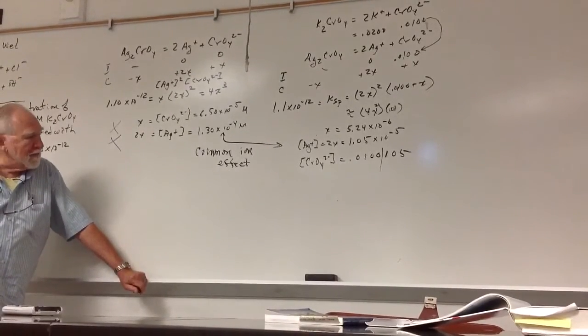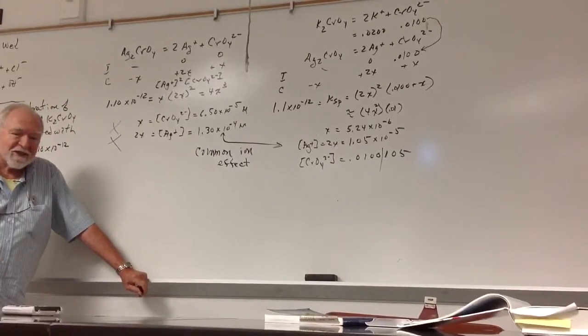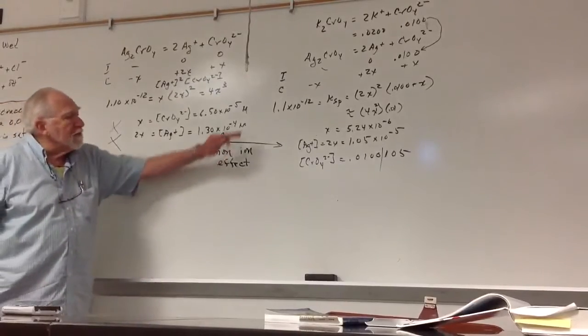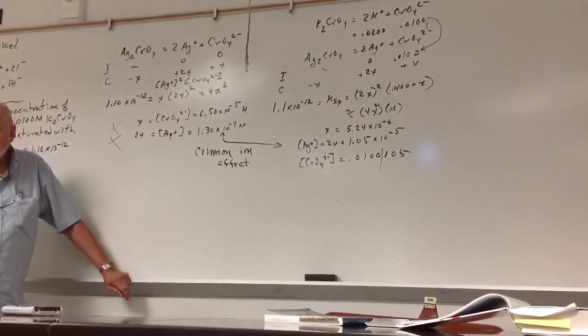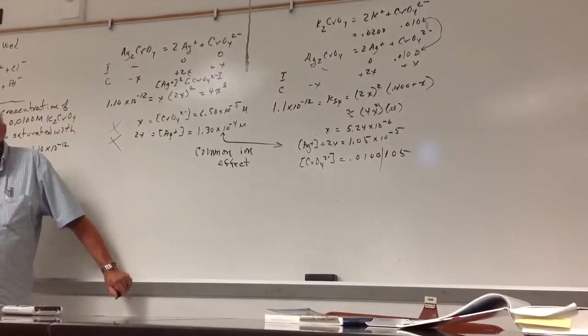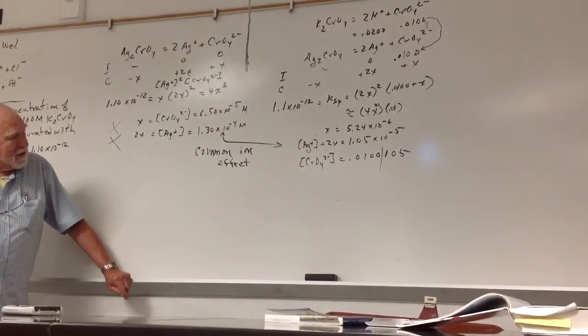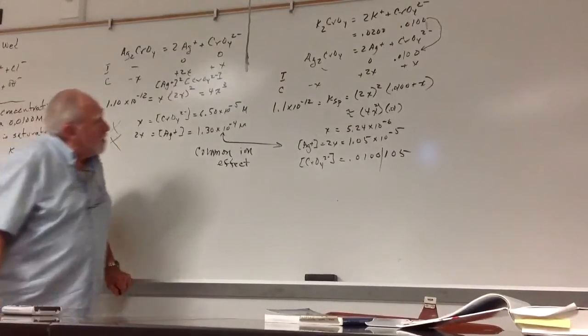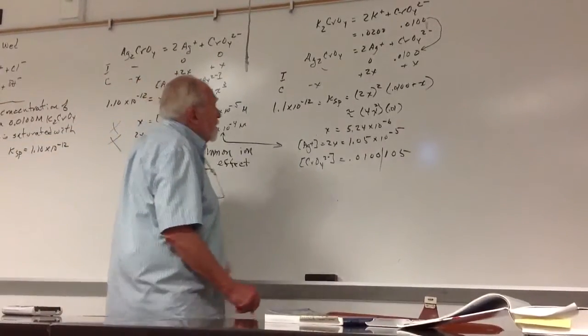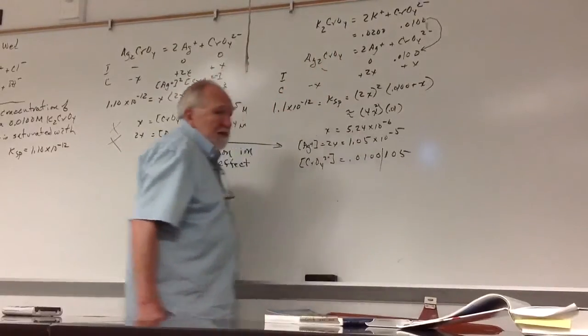He talks about a diverse ion effect. We're not going to do anything, but if you have other ions in there, it affects the solubility. Sometimes it'll increase the solubility, other times it'll decrease it. That's why we don't do any calculations. So he mentions diverse ions. Potassium would be a diverse ion. It might affect the solubility somehow. The potassium ion, of course, would be what? The same number we see up here because it's not in the equilibrium